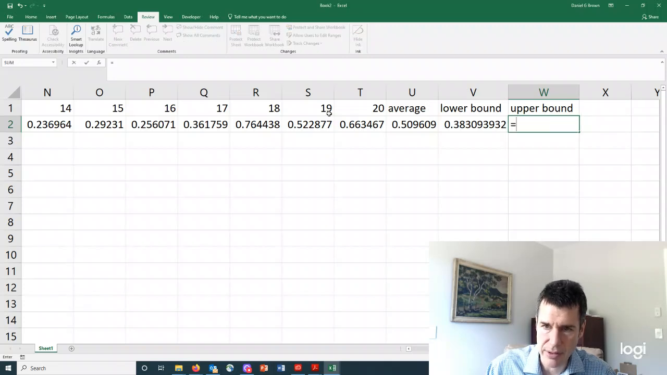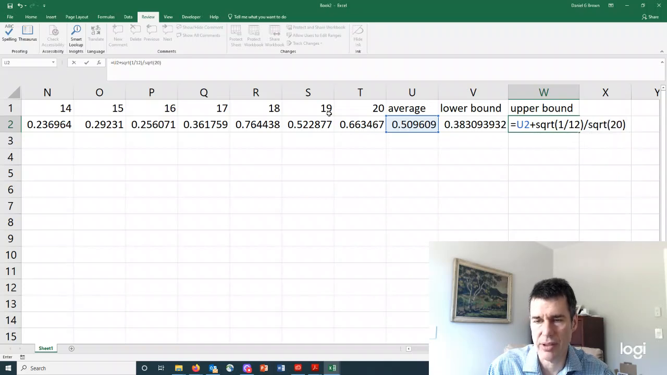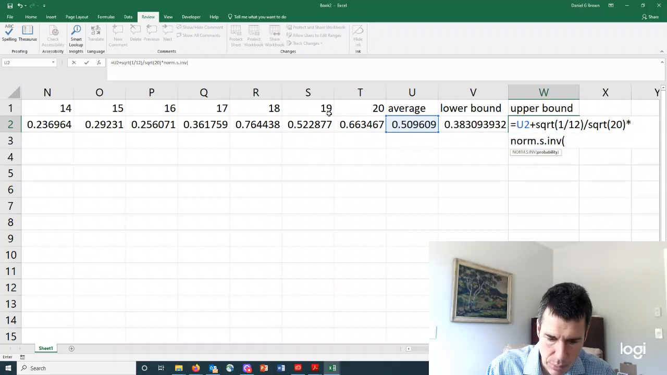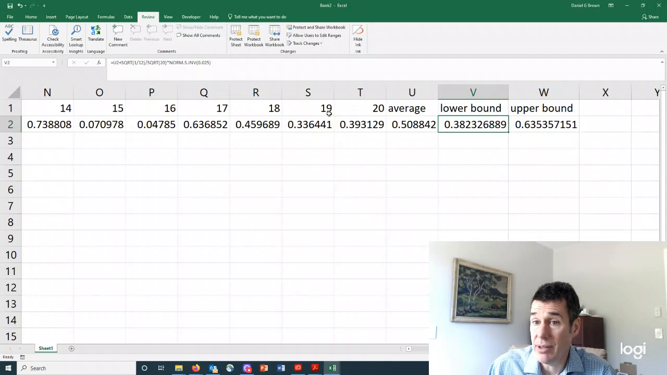The upper bound is the average plus the standard error, square root of 1/12 divided by square root of 20. Right, square root of 1/12 is the standard deviation of the actual distribution. Square root of 20 is square root of the sample size times norm.s.inv of 0.975, 2.5% above. So the lower bound is 0.38, the upper bound is 0.63, and we can see in this instance that the